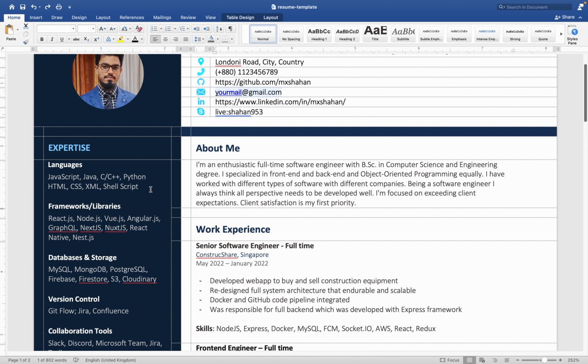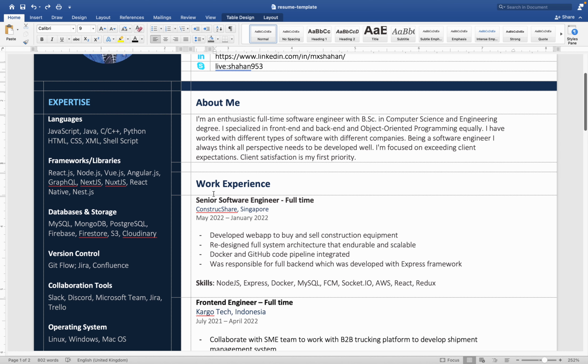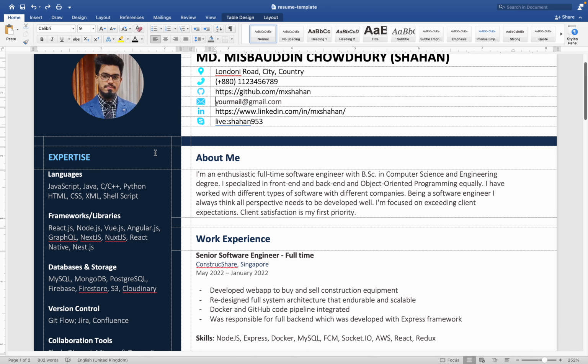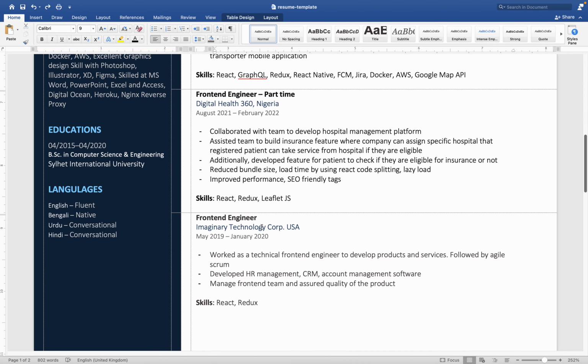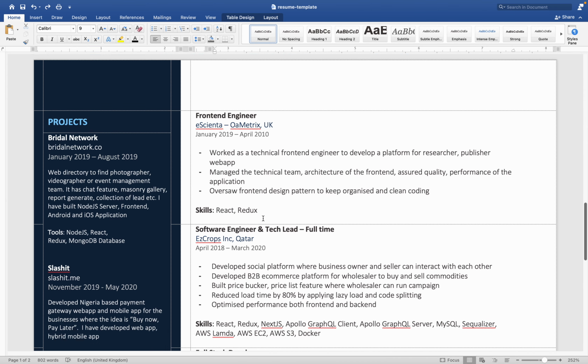Okay, so I made this resume using a table. So the alignment and the font size and some other things are already organized, so you don't need to hassle about this. You can see I put a grid here so that you can see the alignment and the design